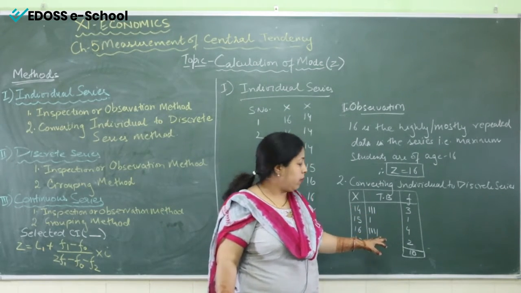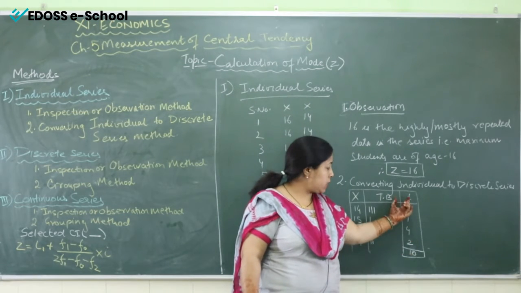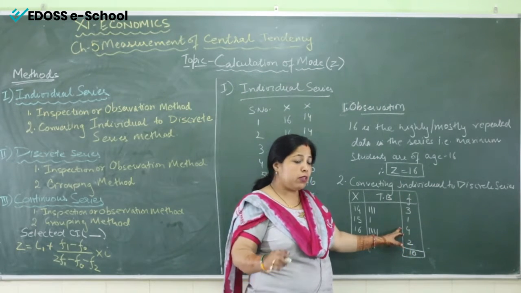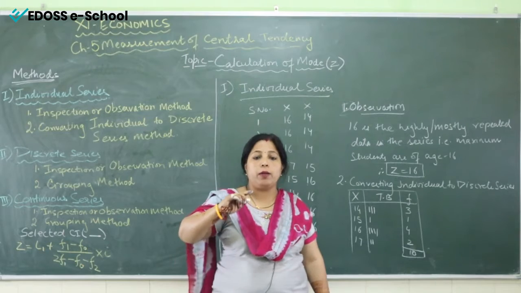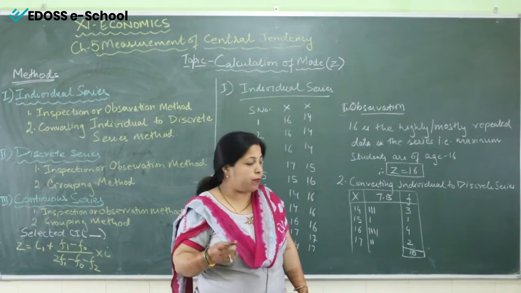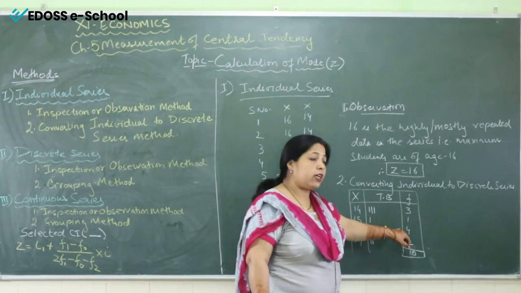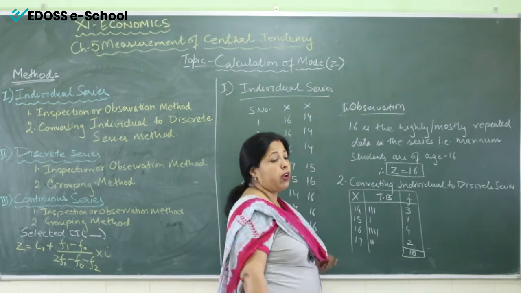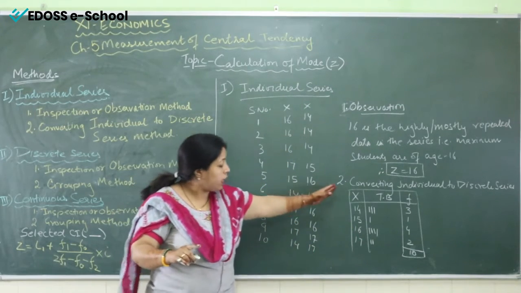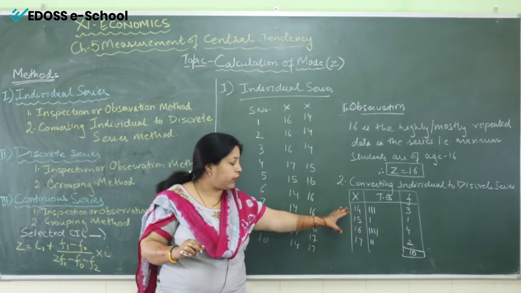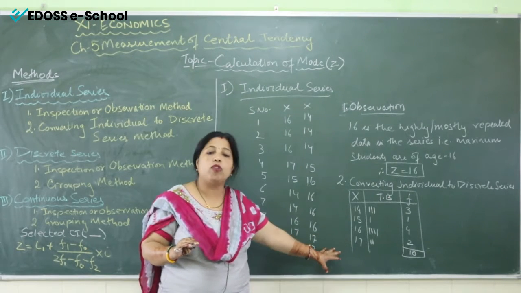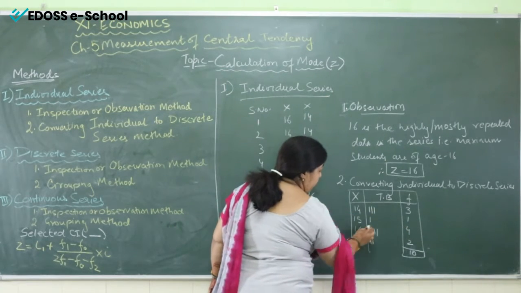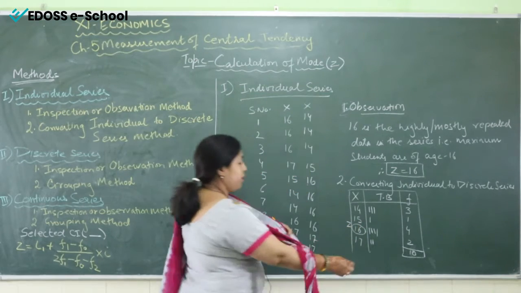Now what is the next step? We are going to check in the frequency which is the highest number. The highest number in the frequency is 4. Frequency means the number of times an item appears. The maximum number of times here is 4. And which item is appearing 4 times? That is 16. So 16 is the mode here. The answer of central tendency always comes from the X data itself. It can be any number, but it will be from here only in a series. Fine. So the 4 is here and this 16 will be the mode.